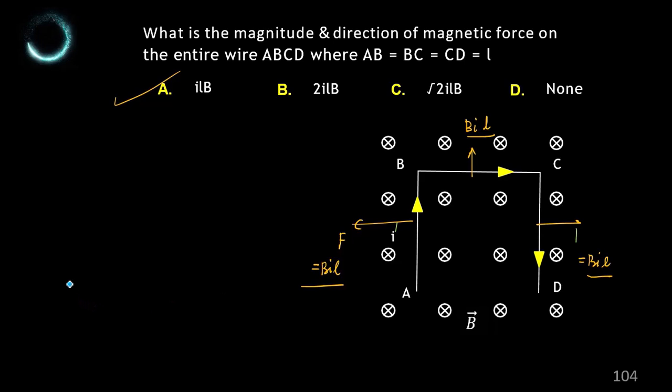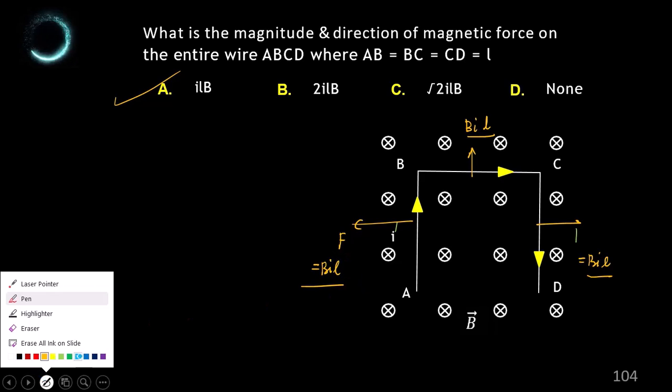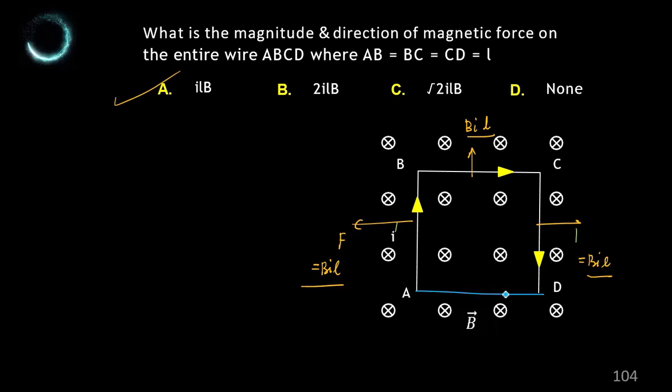হোয়াট ইজ দ্য ম্যাগনেটিক ফোর্স অন দ্য এন্টায়ার ওয়্যার ABCD? আপওয়ার্ড হয়ে গেল তো। কেন রে বাবা, হয়ে যাচ্ছে না এখনো? আমি যদি ওয়্যারটাকে ক্লোজ করে দিই তাহলে তো চলবে আমার। এইদিকে লাগাবো তো, কেন লাগাবো না? কেন উল্টো দিকে লাগাবো? এটা ইনিশিয়াল পয়েন্ট, A is the initial point, B is the final point. কারেন্ট ডিরেকশন ফ্রম ইনিশিয়াল টু ফাইনাল না? ইনিশিয়াল টু ফাইনাল তো কারেন্ট নিয়ে যাবো, তাহলে কোন দিকে গেল? বিআইএল কর, আপওয়ার্ড হলো।